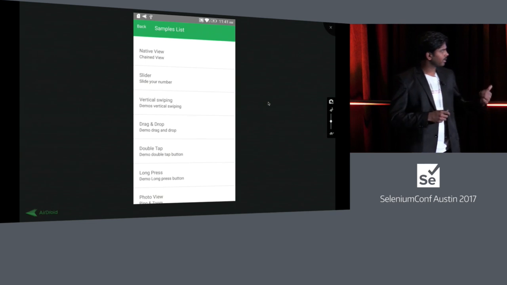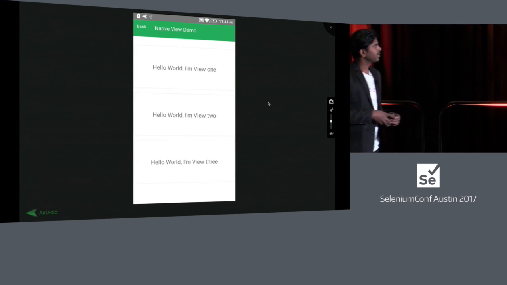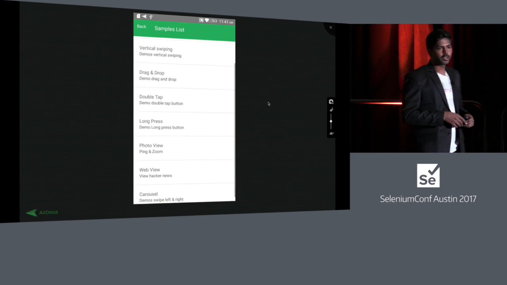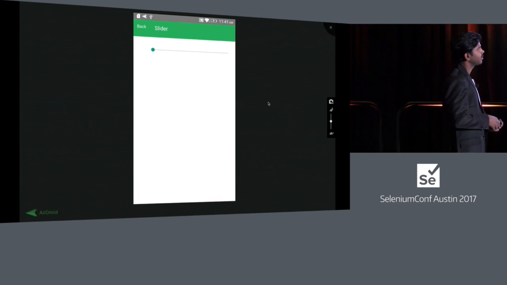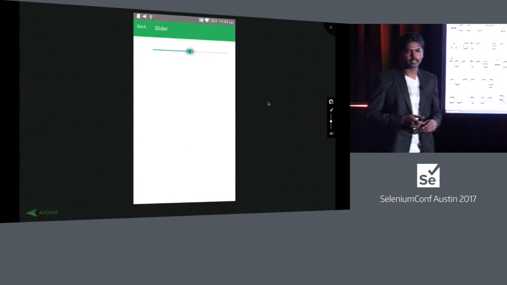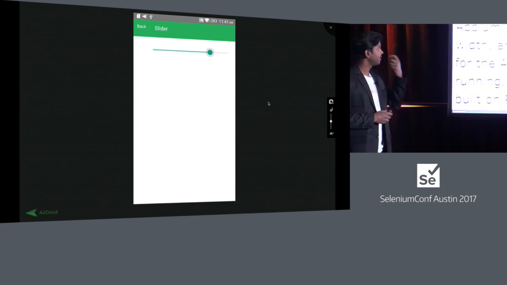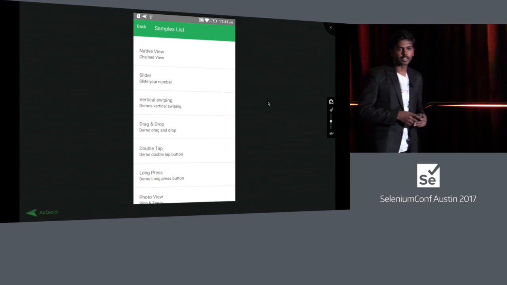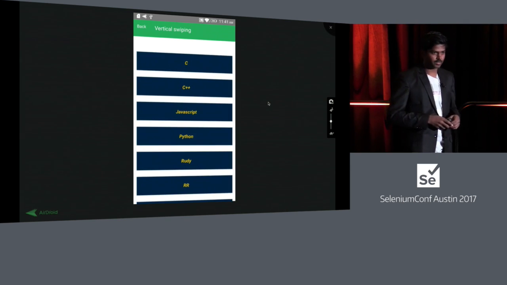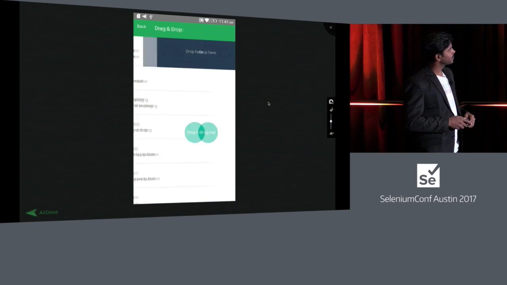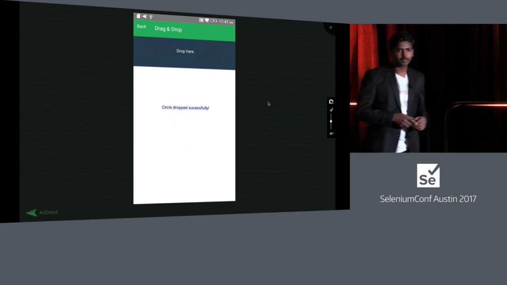So this is my sample application built on React Native. In it we have a slider, and I have an automated test which is going to horizontally scroll the slider, and we have other gestures as well, like drag and drop.